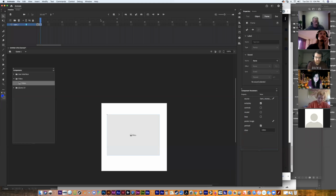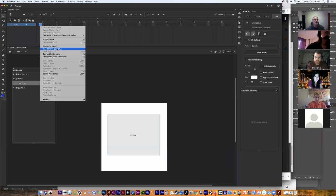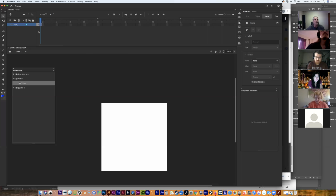And then let's see, actually, I don't want another keyframe. I want just a blank keyframe. Insert blank keyframe. All right, so now, wait, what happened to my first one? Okay, good, all right. So now what I'm gonna do in the second keyframe here,